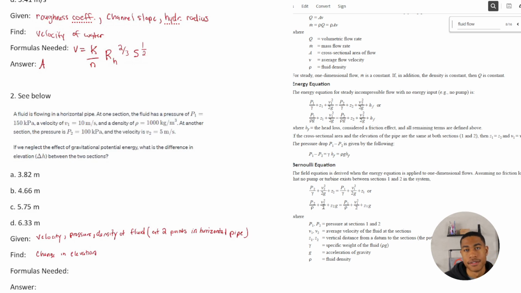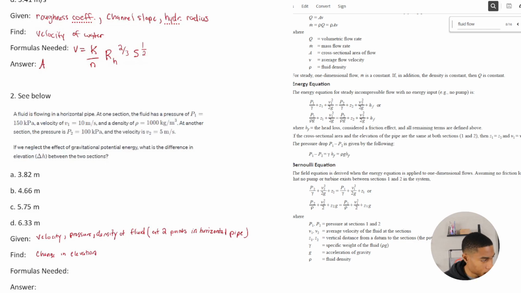I walk myself through the problem to make sure I have all the variables I need before I start solving. As you go through this process, you won't waste a ton of time, because you go through what you're given and what you're trying to find. And I know I'm trying to find a change in elevation. So, all right,